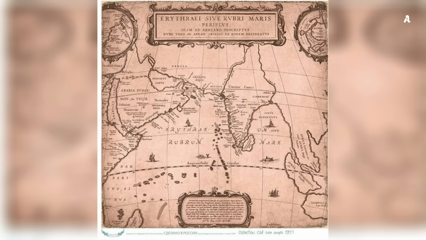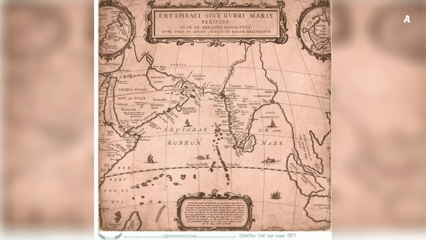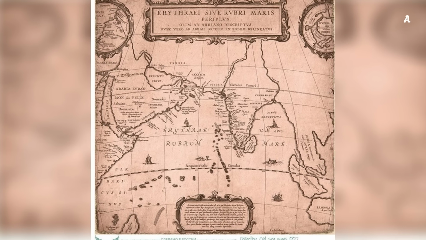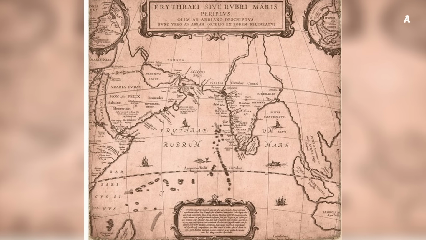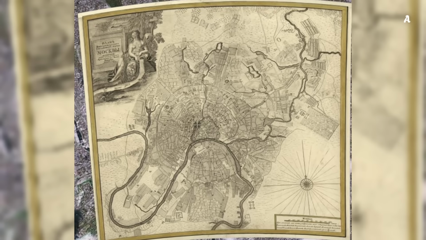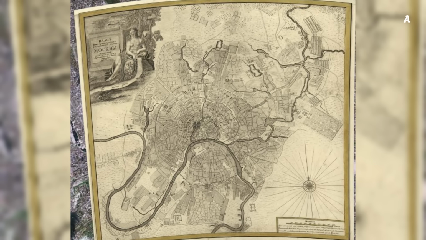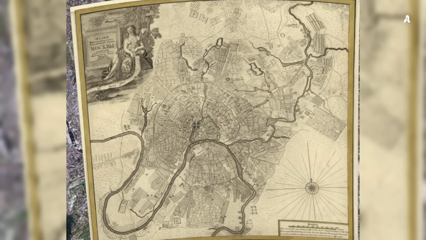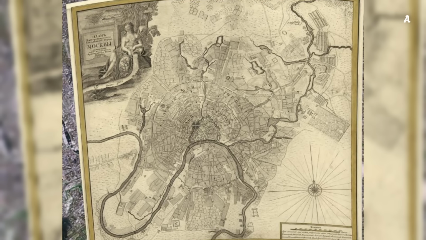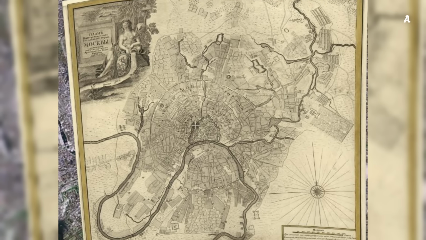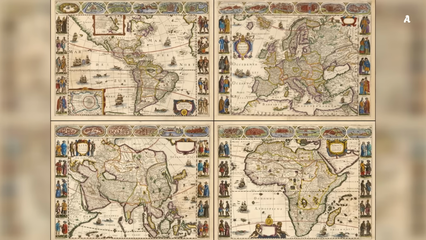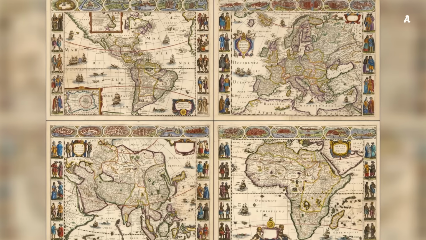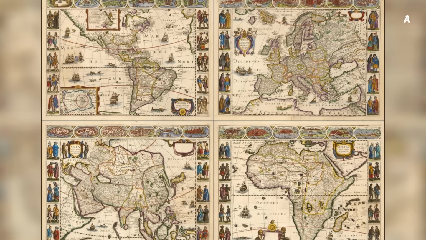According to this view, the cartographers of the 19th century were not pioneers, but restorers. This hypothesis suggests that they came into possession of an incredible inheritance, a complete and perfectly accurate map of the world created by a previous, much more advanced civilization. The task of 19th century scholars was not to create a map from scratch, but to adapt it to their